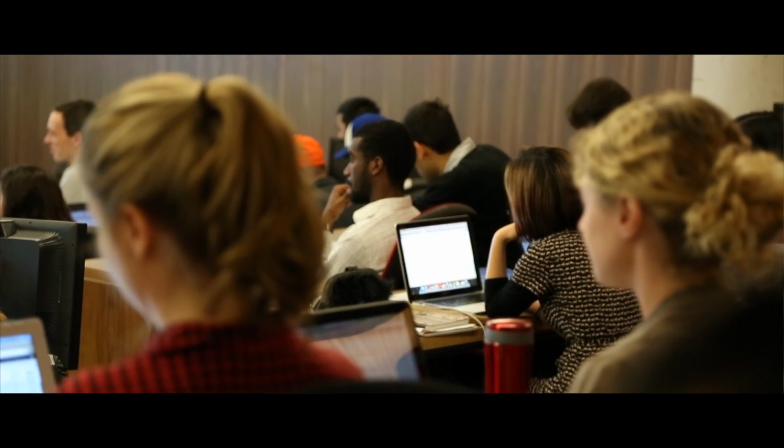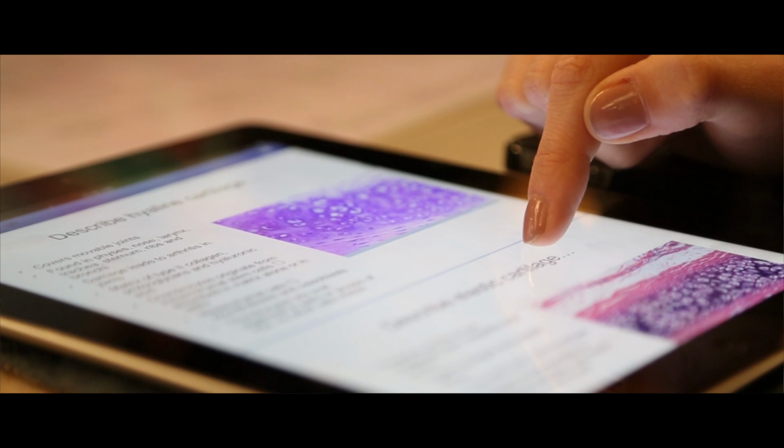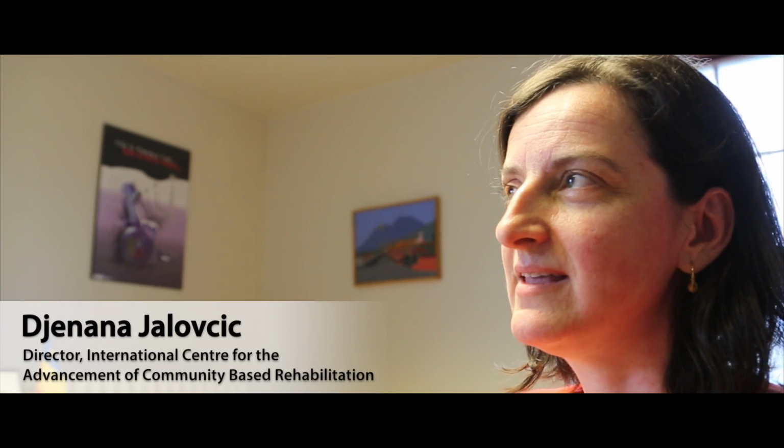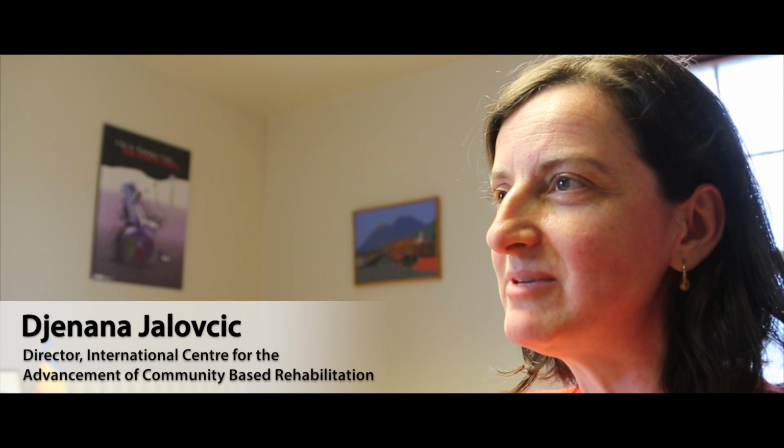Universal design for learning means to me the creation of an accessible and inclusive learning environment. And it means that all students have the ability to participate in class regardless of their ability, their background, or their learning style. And universal design for learning respects diversity and values diversity. We really cherish diversity. Diversity in educational environment is recognition of diverse learning needs, learning styles of our students, learners, participants in our education programs.